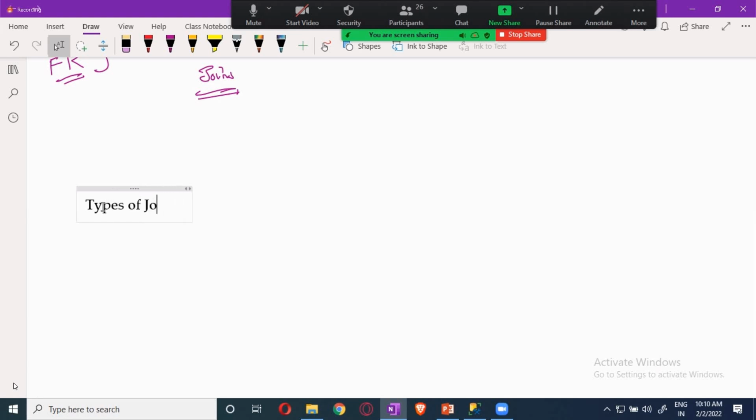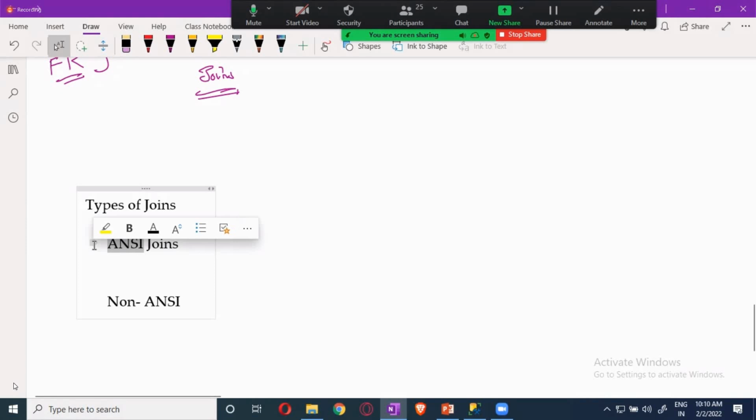So, types of joins. One is called ANSI joins, guys, and the second one is called non-ANSI joins. ANSI is American National Standards Institute.